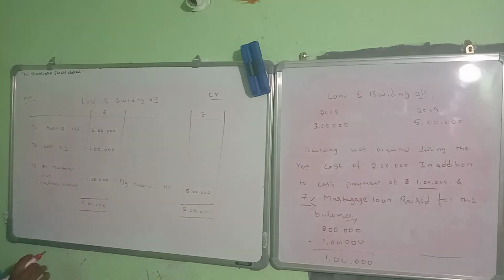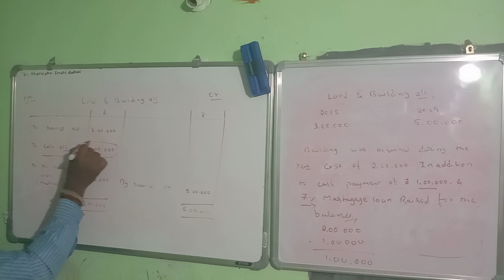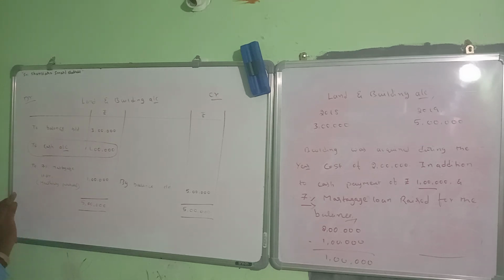So how do we record this during the cash flow statement? Any cash payment to acquire any fixed assets leads to investing activities and a cash outflow. So the cash payment should be recorded under investing activities, purchase of fixed asset. And any transaction to acquire between two non-current accounts does not lead to inflow or outflow of money. So these transactions will not affect the preparation of the cash flow statement.